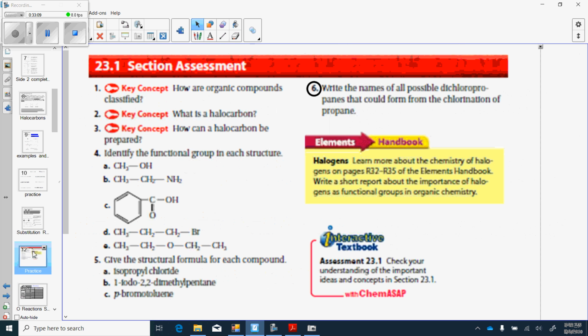Here we have, you can find these at the end of section 23.1. I was just going to highlight number 6, but if you want a little bit of practice looking for functional groups or naming, you can. Write the names of all possible dichloropropanes that could form from the chlorination, which means adding chlorine, to propane. So if we take a look at this,